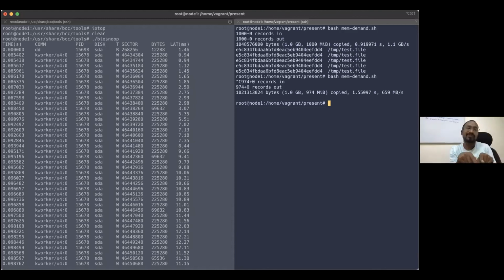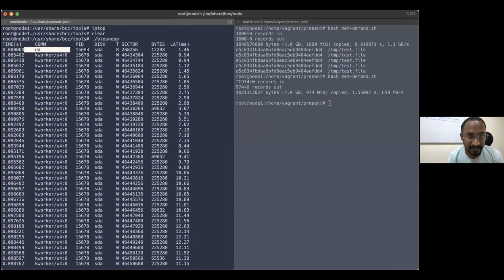The whole request completion time is called the latency here. The dd command with this PID tried to read 12,000 bytes of information. It took 1.4 milliseconds. So biosnoop is also quite an informative tool, like iotop, but with more real-time observability than iotop.